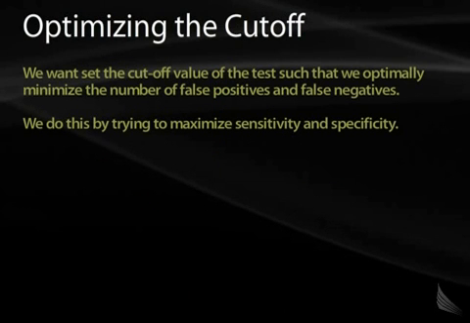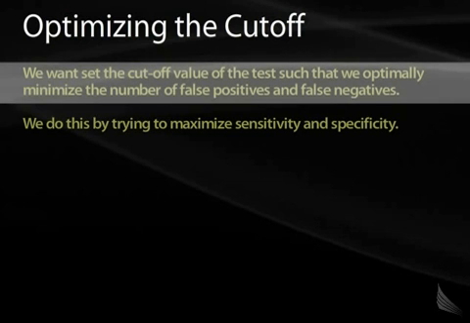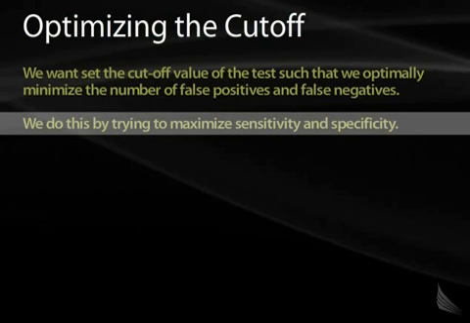So how do we optimize the cutoff? Well, we want to set the cutoff value of the test such that we optimally minimize the number of false positives and false negatives. And we do this by trying to maximize the sensitivity and the specificity of a test. So what do we mean